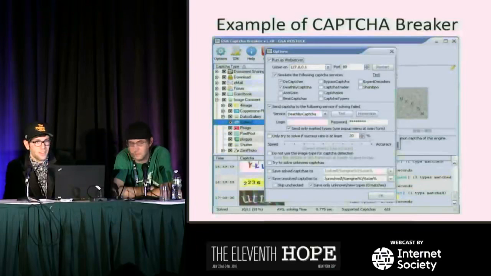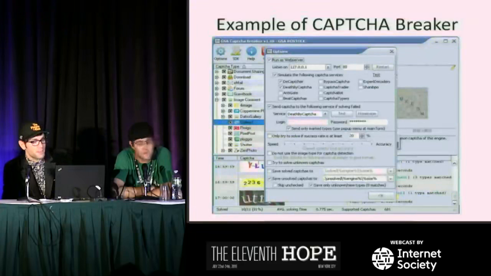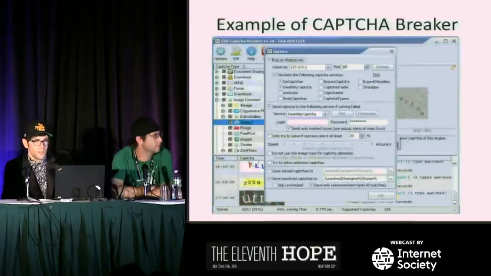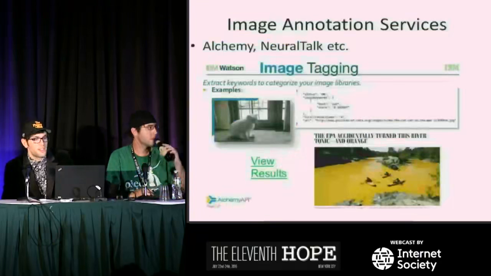So, automated breakers are great, but from a defense perspective, if you know how they're breaking your challenge, you can make a couple of simple tweaks and break the automated tool, and then you send the attacker back to the drawing board to come up with something new, right? So it's a constant arms race. There's no real end-all be-all. It's a constant game of one-upsmanship.